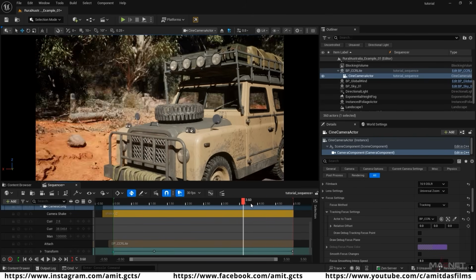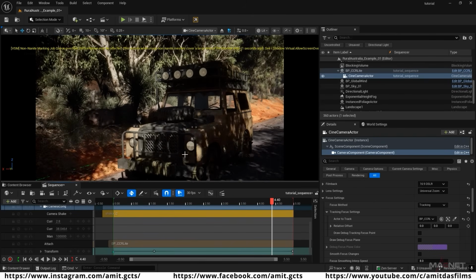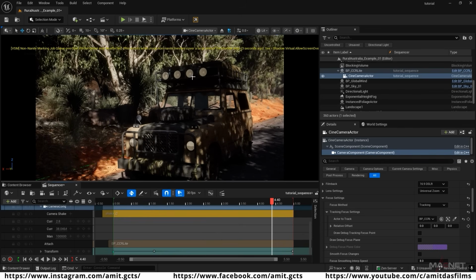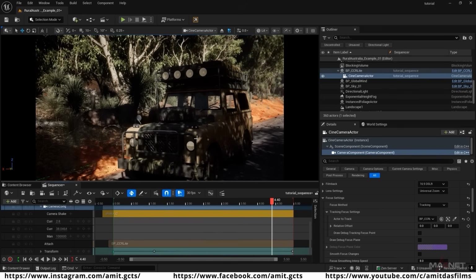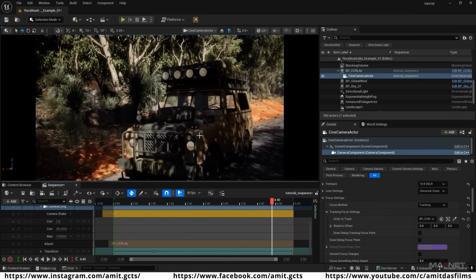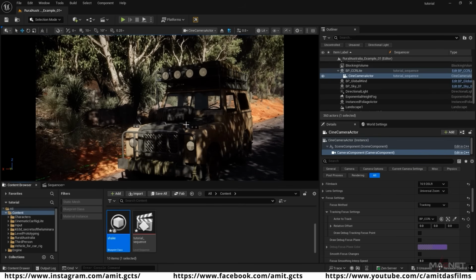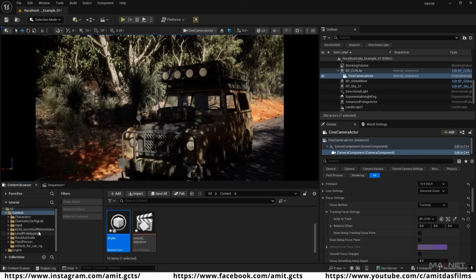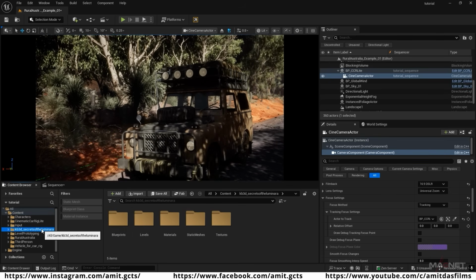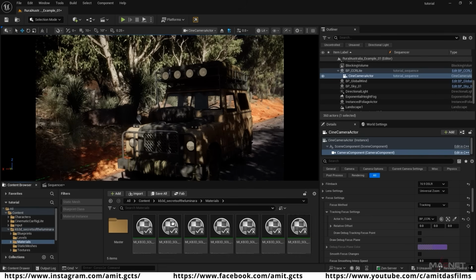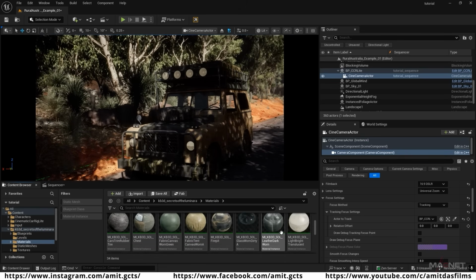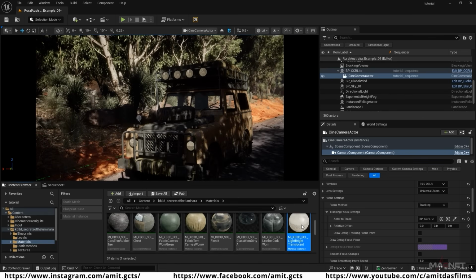Okay, and one thing you have also noticed is that the headlights and those lights are illuminating. So we can also fix that. For this we have to find the vehicle material. So we go to this content browser and we download this vehicle from KitBash. So we go to this KitBash folder here, and here we go to this materials folder, and from here we can get the light material. So here is the light material. Just double click to open,